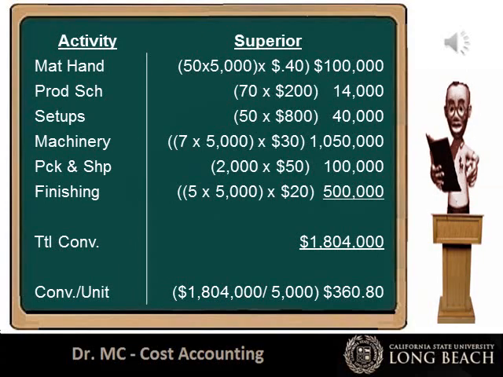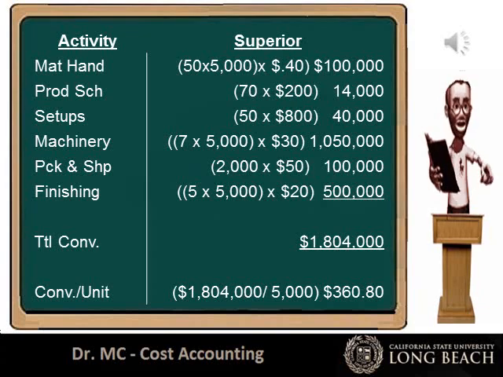We will now calculate the conversion costs applied to all of the superior units, and then divide that total by 5,000 superior units. The material handling costs applied to all of the superior units are 40 cents per part times 250,000 parts, which is $100,000. The production scheduling costs applied to all of the superior units are $200 per production order times 70 production orders, which is $14,000. The setup costs applied to all of the superior units are $800 per production setup times 50